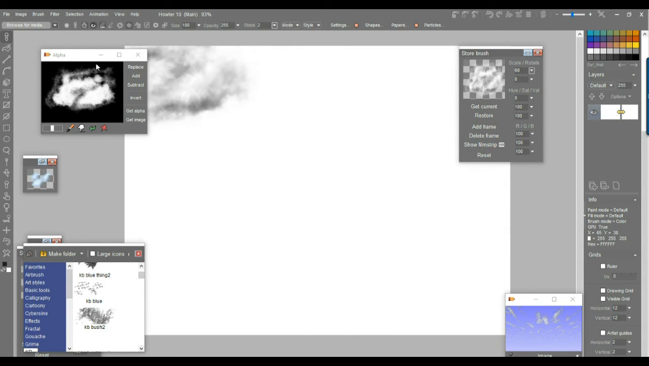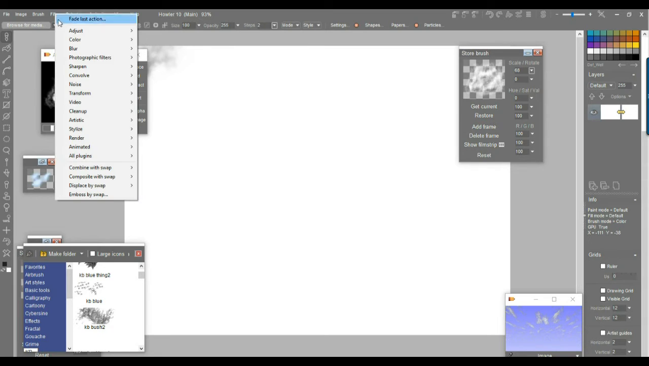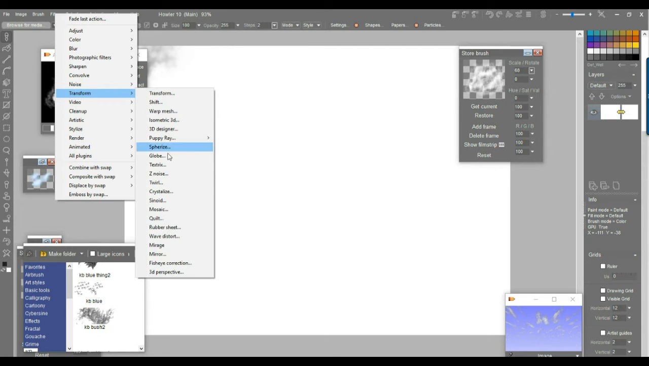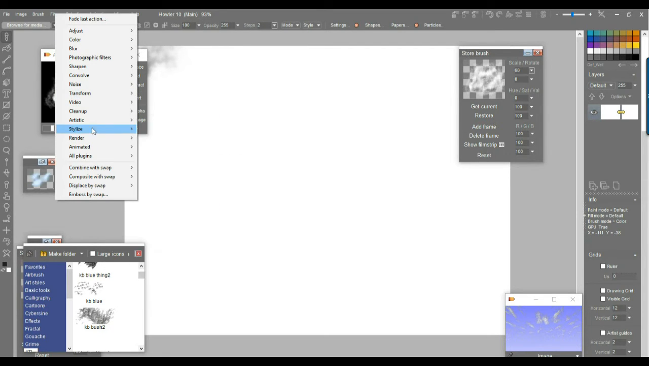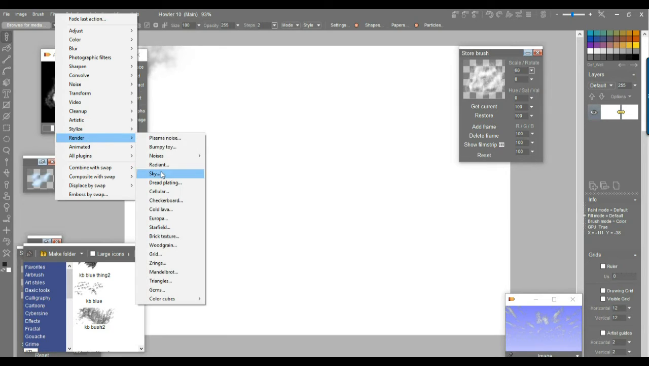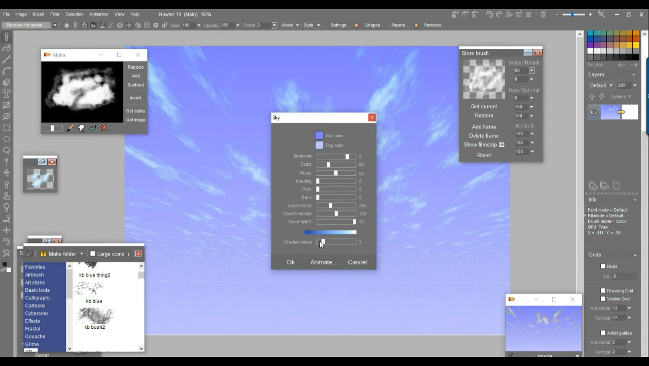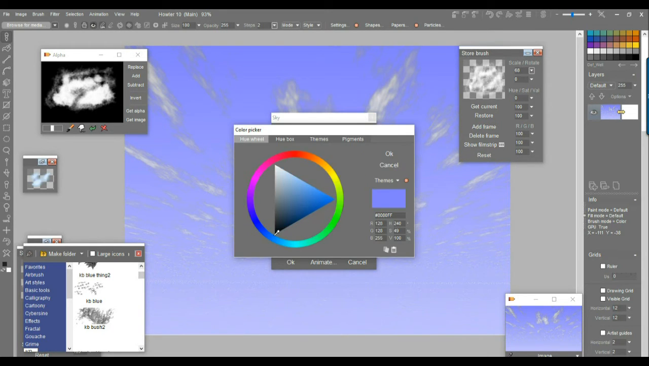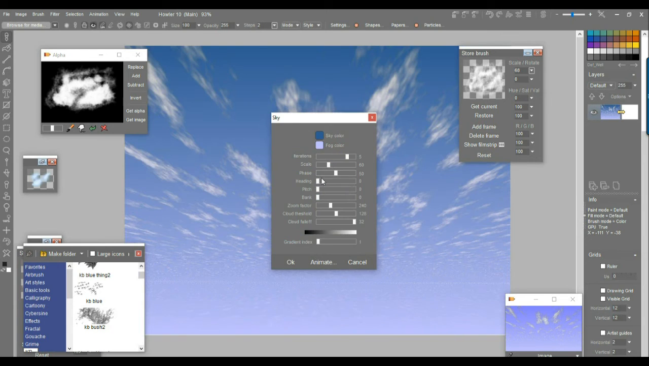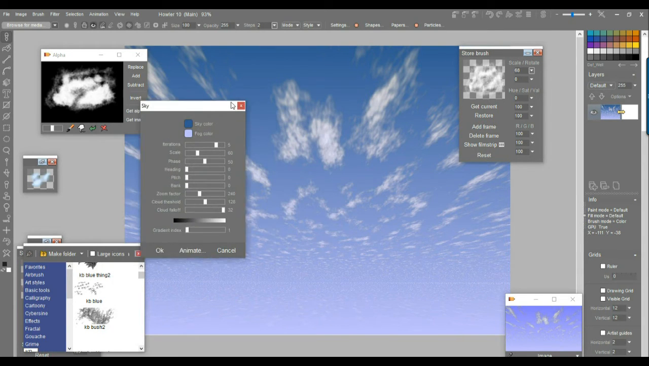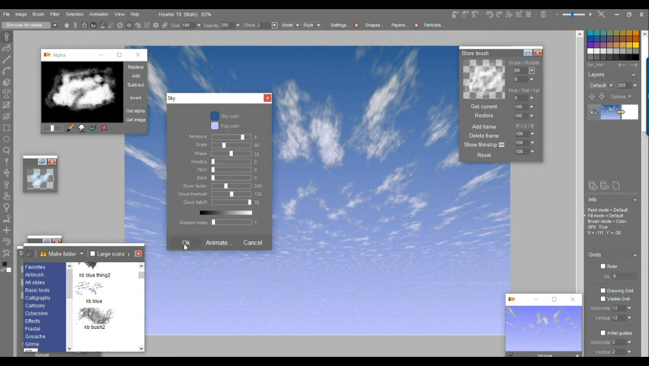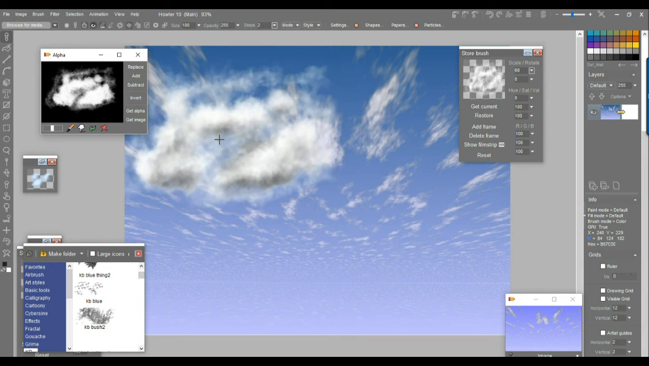If we have any sort of background, let's say from the filter, transform, render, where's my render? There it is, render sky. Let's say we have a sky filter like this, right? A little bit more saturated on the color for the sky. There you go. Okay, so let's say we make this our initial image and we want to bring our clouds